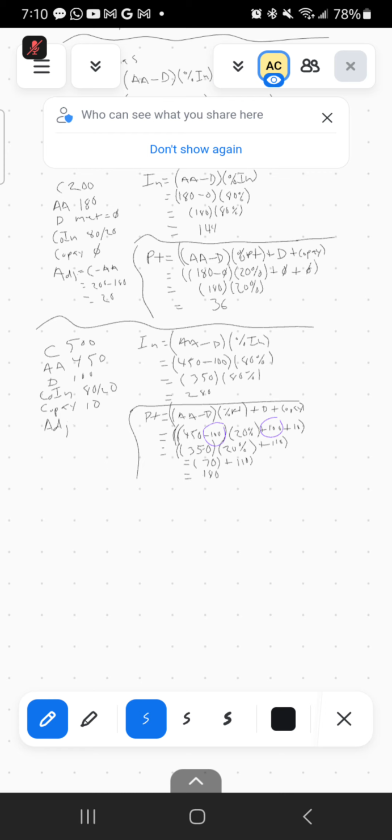So the rule is, you pay the deductible first, and that is deducted from the original number, in this case the 450 for the allowed amount, and then we calculate that out of 350